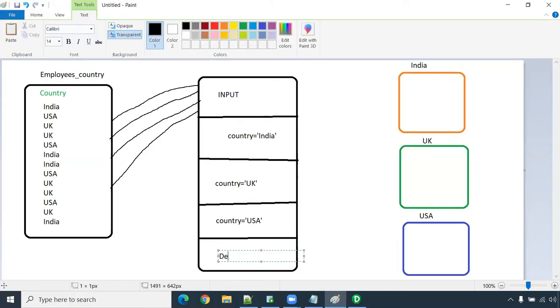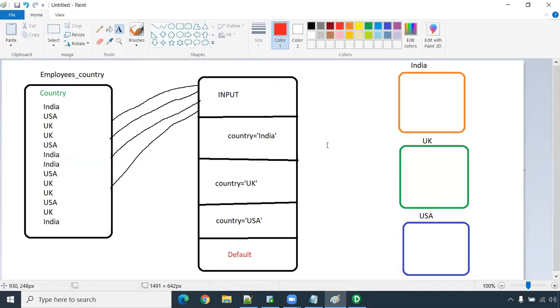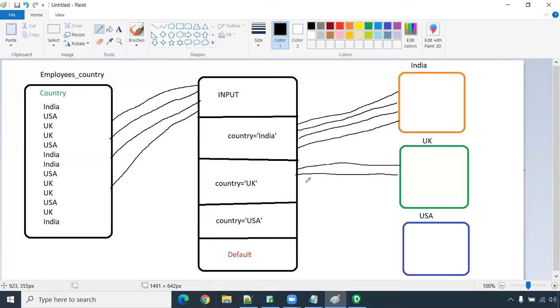And you will have one more group called the default group. By default it will be created; we are not going to create this group. Automatically it will be created whenever you create a group. So you can take these groups to whatever next level you want. I am taking this one to country equal to India, this one to country equal to UK, and this group to country equal to USA.